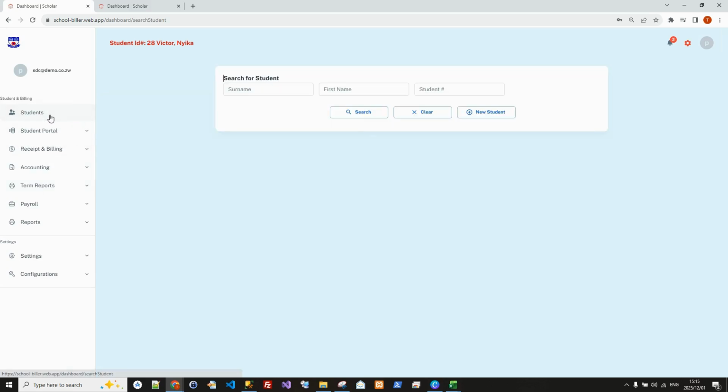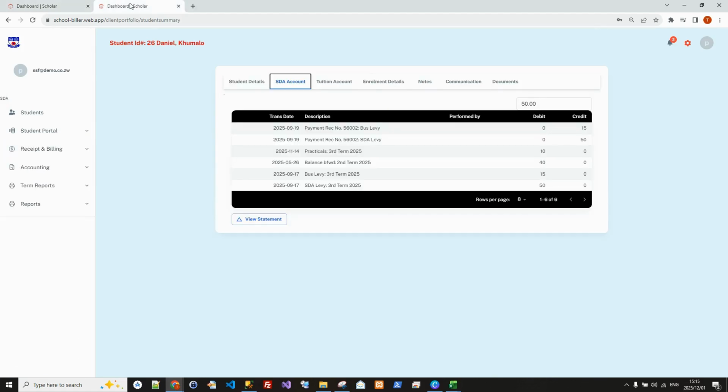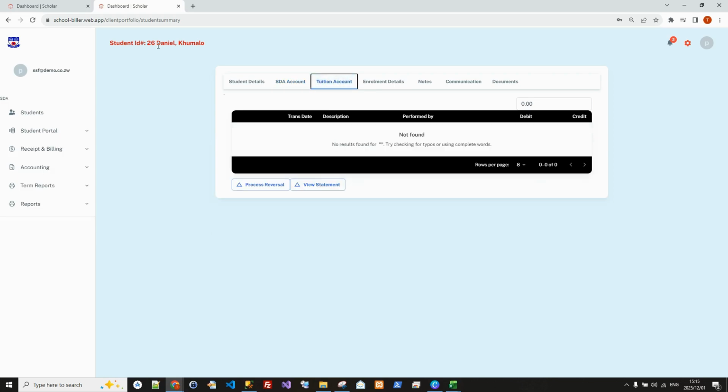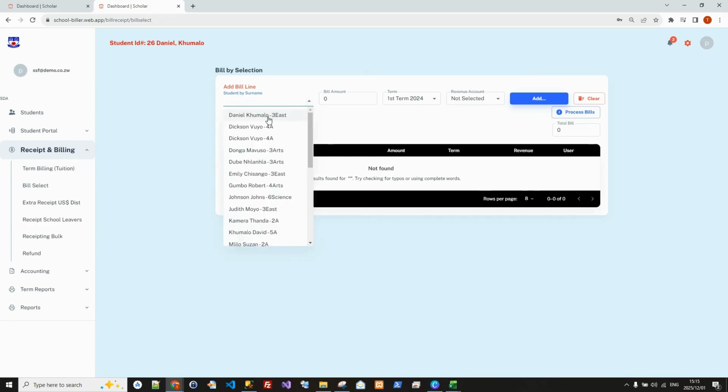Right. Now, the receipting we just did was for SDC, right? Remember, right now we're logged in as SDC there. Now, in the other tab I'm logged in as SSF. If I go into tuition, and right now I'm in Daniel Kumalo's account, there's nothing that has happened in SSF in relation to the student, right? So what I'll start by doing is a bill. I'll do a single bill so that it's faster, and then I'll say